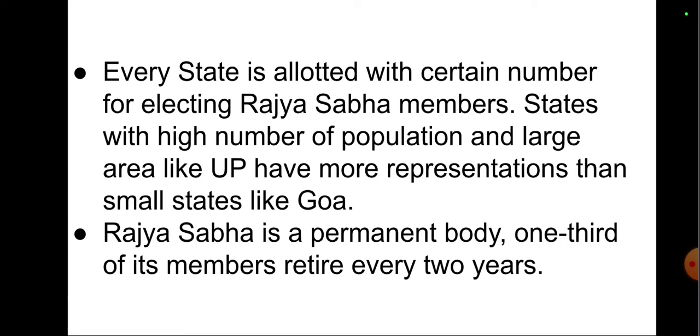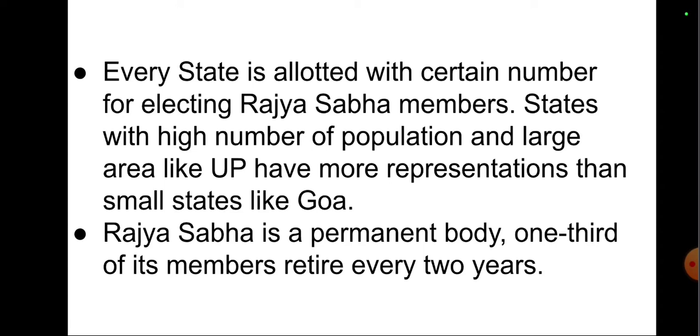And this allocation of seats in Rajya Sabha to the states and union territories is in the fourth schedule of the constitution. If you look at the fourth schedule of the constitution, and articles 4 and 80, they deal with the allocation of seats in the Rajya Sabha to the states and the union territories. So this is what the fourth schedule of the Indian constitution deals with. And so the states with a high number of population and large area like UP have more representation than small states